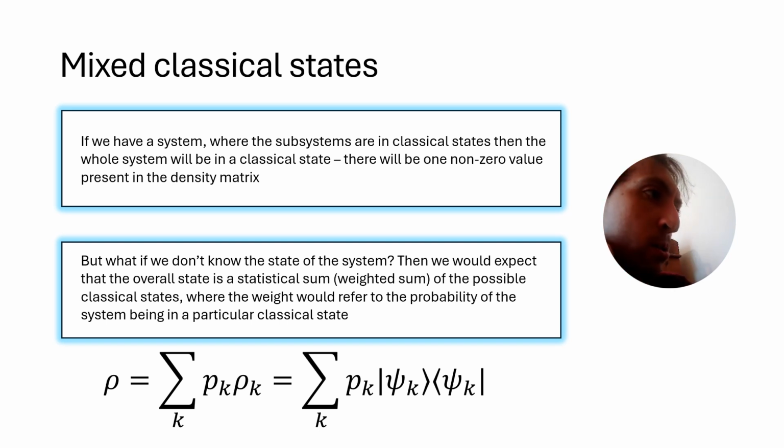But as I said, decoherence will end up resulting in a mixed classical state, so it's worth spending a bit of time talking about them here. So the mixed classical state is the weighted sum of the probability of finding my system in the kth classical state, and also the density matrix referring to that kth classical state. And as I say, the formal justification is about the average for a value we might measure referring to that